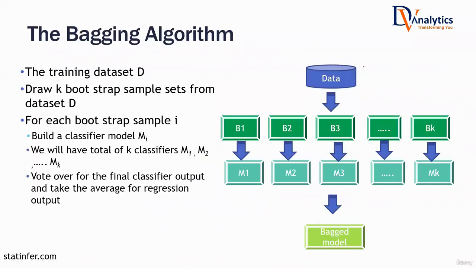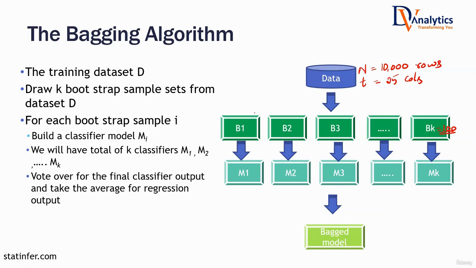Very simple algorithm. Imagine you have a data set. Size is, let's say, 10,000 records, so 10,000 rows. And the number of columns in the data set, let's say 25 columns. You make 1, 2, 3, 4, and so on up to K bootstrap samples, where K equals 100, 150, 200, hundreds or 200s or 300s, like that. Several bootstrap samples you will make.